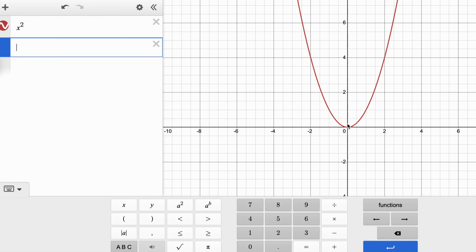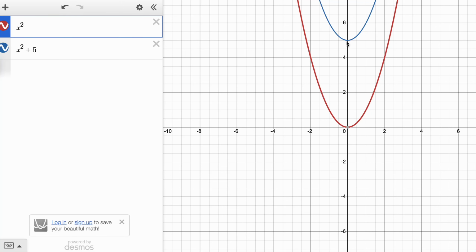Now this is the graph, the parent graph. This is the parent graph, right? Then we said that if we add 5, the graph moves up as it is without changing the shape. Let's see, x squared. When you have to do square, just press this button, x squared plus 5. See, the graph has moved 5 points up. This is 0 0 and this is